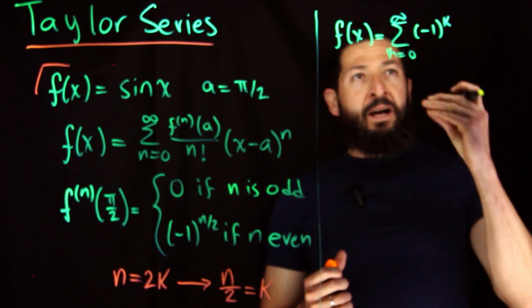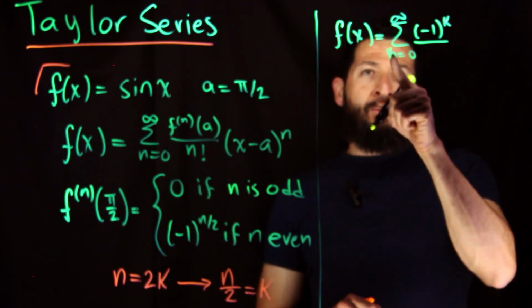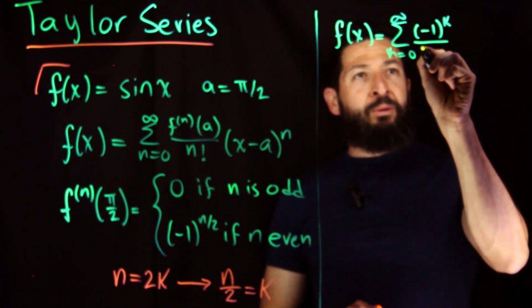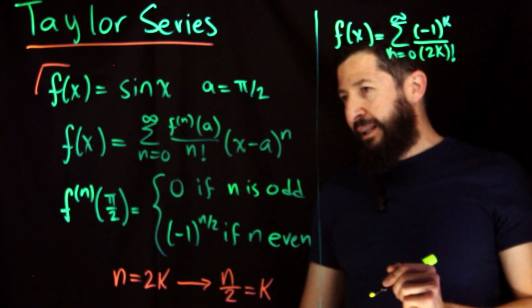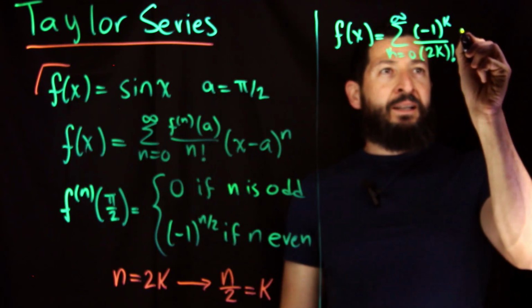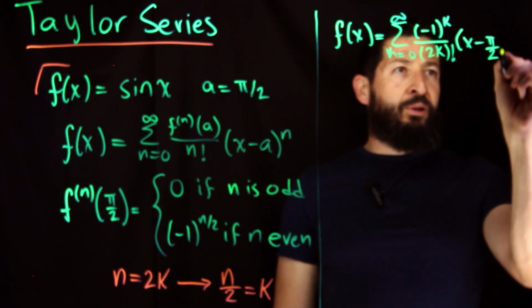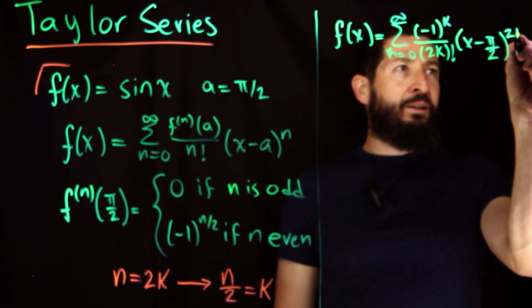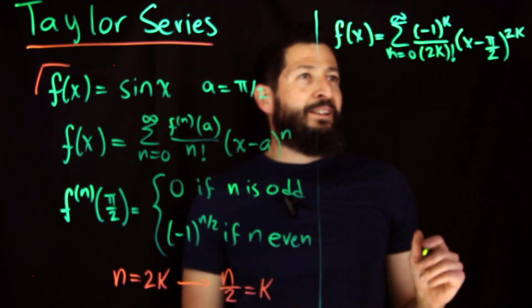And now, down here, I'm going to have n factorial, but now I'm counting over k. So I'm going to write 2k instead of n factorial. So that is going to take care of that one. And then I'm going to have x minus pi over 2, barely going to have room, to the 2k. Does the 2k fit? Whew, it's going to be tight. So now,